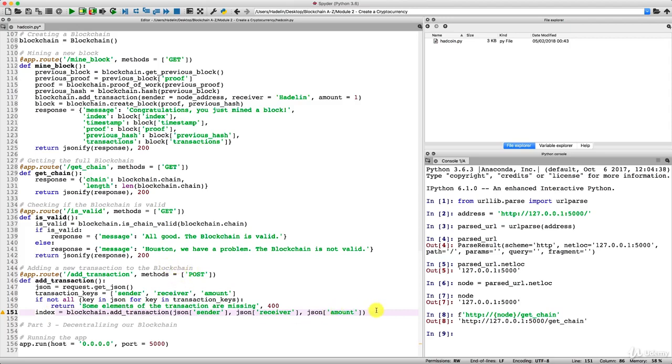And now the final thing that we have to do is, of course, to return the response. And so what is this response going to be? Well, first, let's introduce the response variable, which will contain the response. So this response is going to be exactly a message saying the following, that our transaction that we're adding right now in this function, in this request, is going to be added to the block of index, and we'll specify that index.